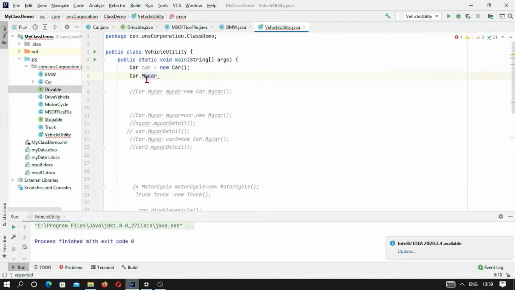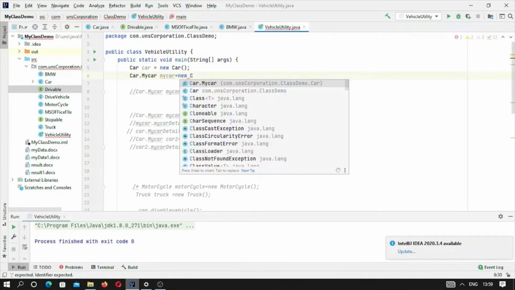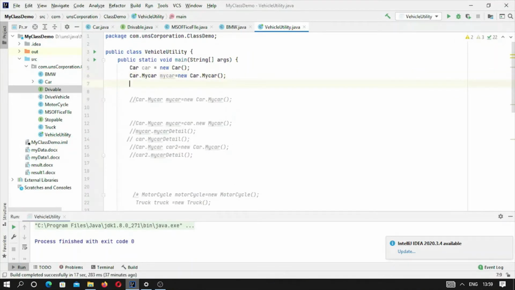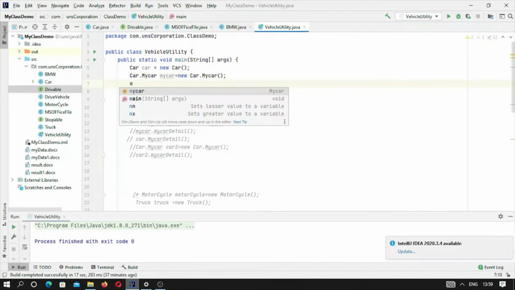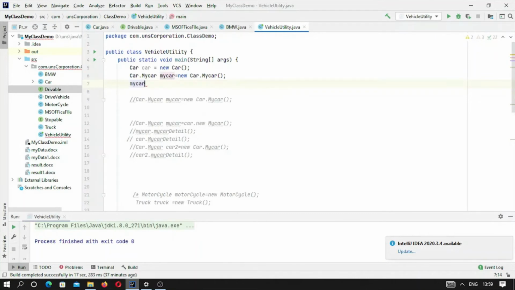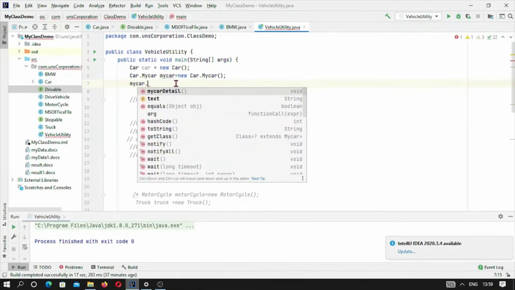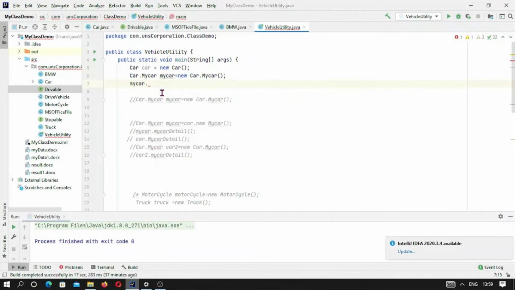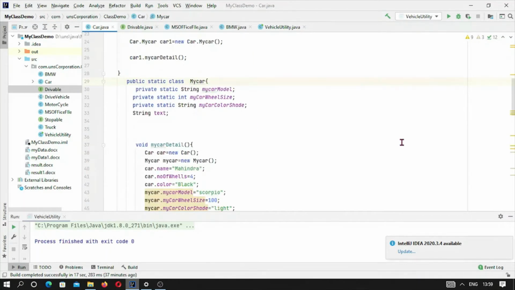Now the instance of an inner class will be created with the outer class only. You can see this is my car, new. Now you can call the inner class instance method with this one. This is an instance of an inner static class. This is a non-static member. This is my car details. From here we can achieve all the things we did. Now let me call it, and you can see from here what it will do.